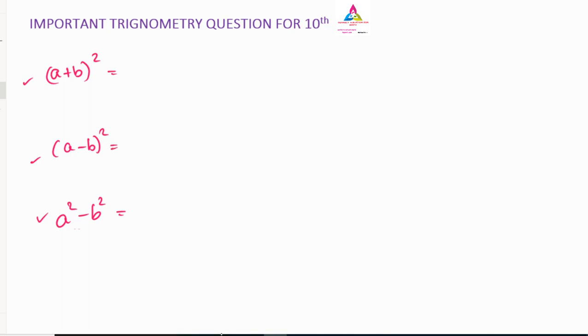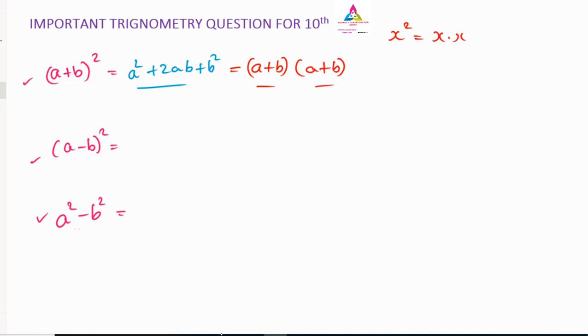So first one, a plus b the whole square, and you will answer directly, and some of you already answered I think. It is a square plus 2ab plus b square. But remember, this is your correct answer, it is not wrong. But coming to trigonometry, we can also consider it as a plus b into a plus b. See, here the same a plus b the whole square I have written in terms of a plus b into a plus b, because x whole square is equal to x into x. The same thing if you multiply twice it will become the square. This we will use in most cases, because in some cases the numerator and denominator get cancelled and we will get the final answer.